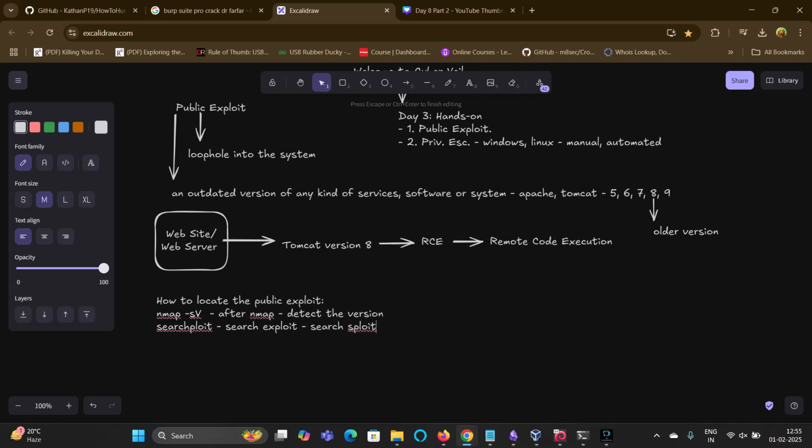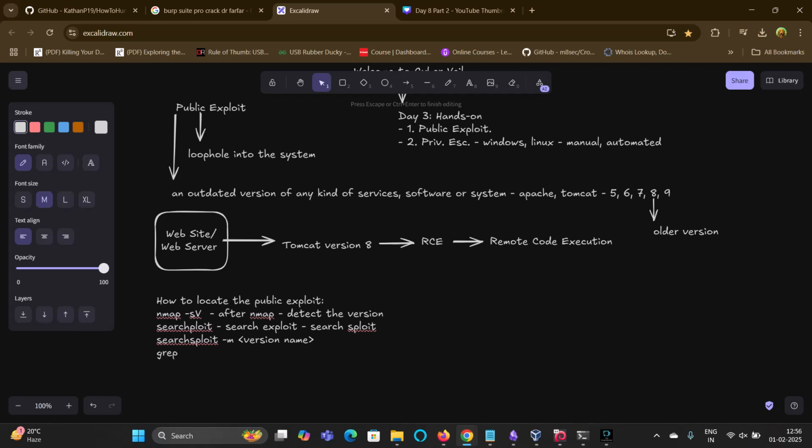One more thing we have to add here is the -m option, which is basically to find out the version, whether it is for Windows or for Linux. Here we write the exploit name or the version name that you came across. And then after doing this, you can just use grep.